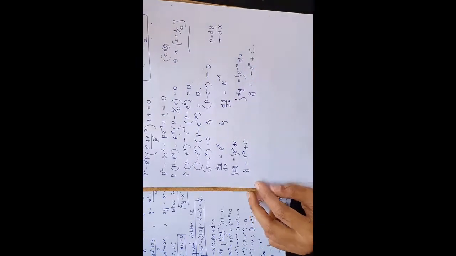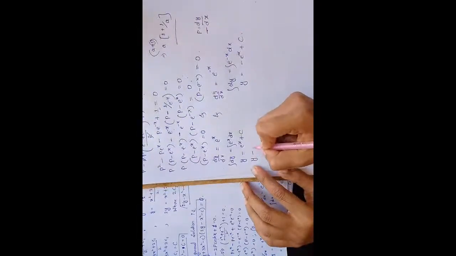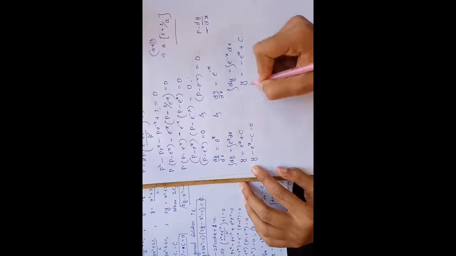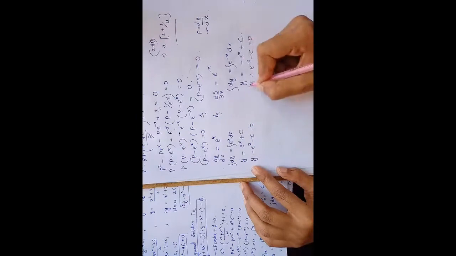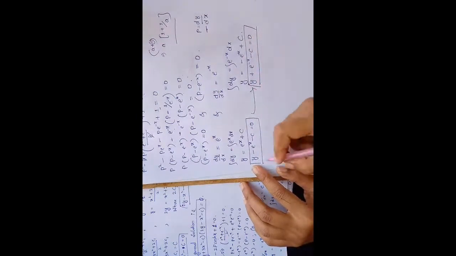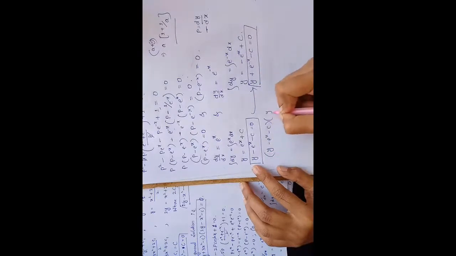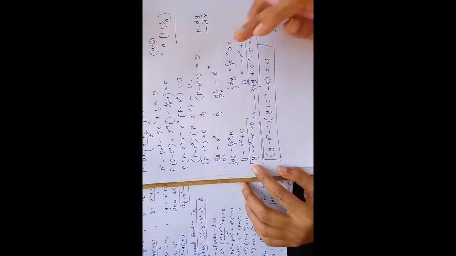Okay. So now take the terms to the left hand side. So y minus e^x minus C is equal to 0, and y plus e^(-x) minus C is equal to 0 are our required terms. Now combine these two equations, y minus e^x minus C and y plus e^(-x) minus C is equal to 0, is our required complete solution of the given differential equation. Okay. So here we are substituting.